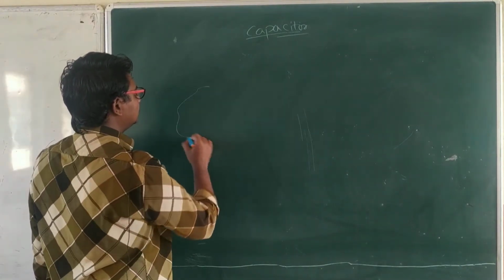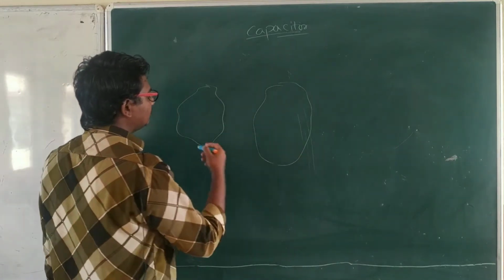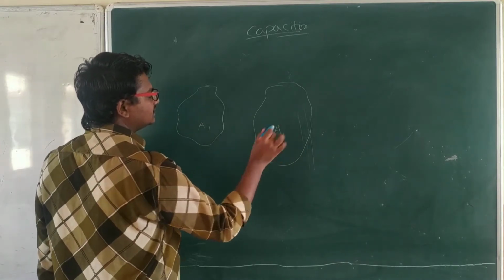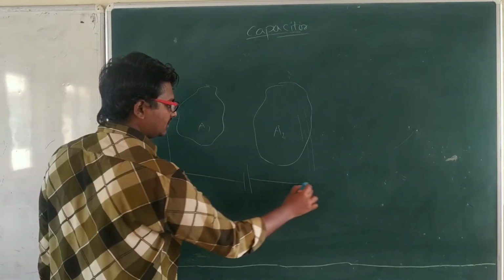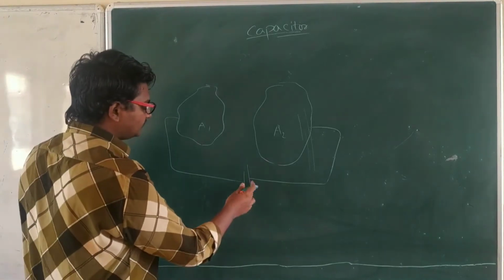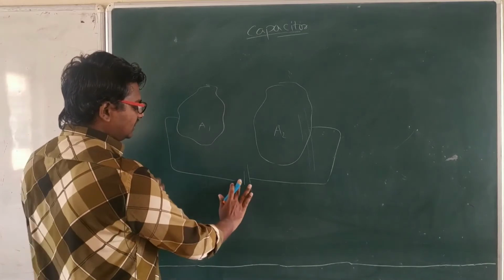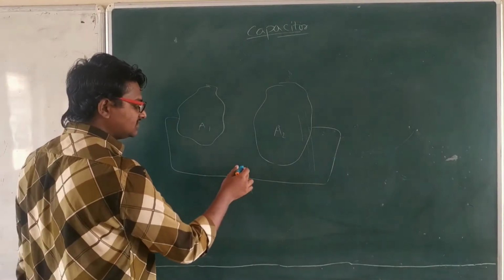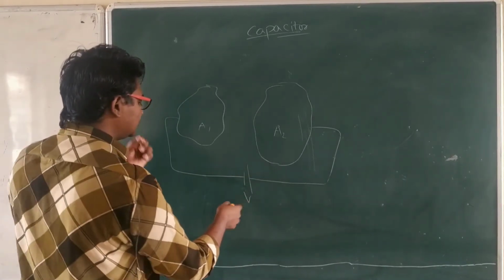Capacitor is nothing but simply if you take a conductor like this. Okay, a conductor of area A1 and this conductor of A2, like this we have taken. And now this one we are going to connect to a battery, and this one we will connect to a battery too. About the battery we will discuss in the next chapter more clearly. Battery is nothing but the energy supplying device. From this we are going to get the potential difference. It will supply the potential difference V.